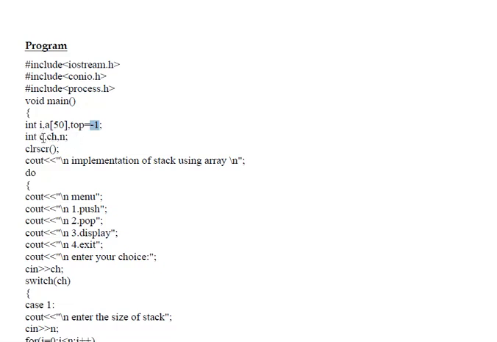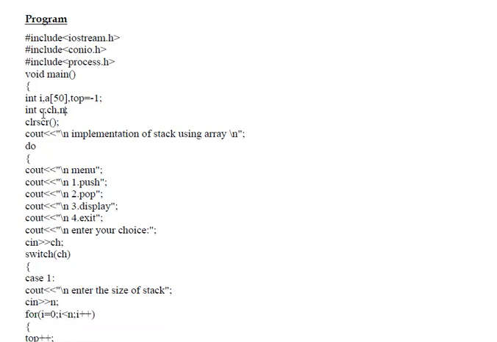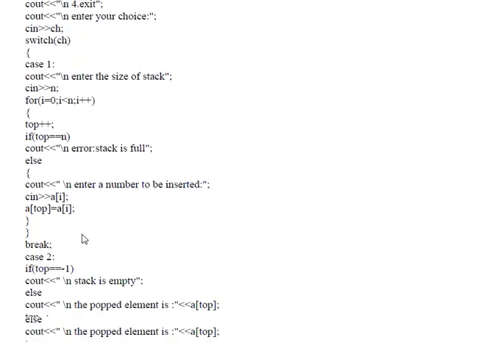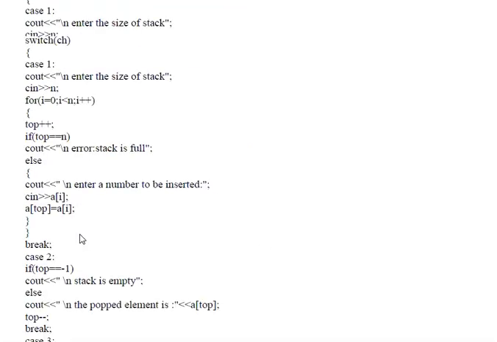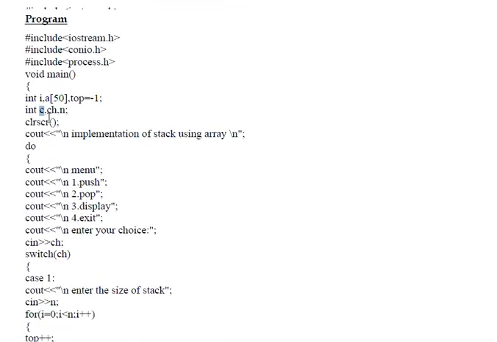Then another three variables are needed for this program: c, ch, used for the switch statement, and n, used for the size to be declared.